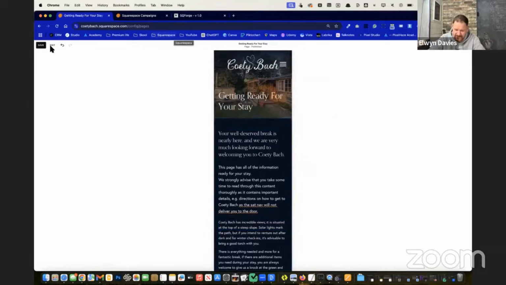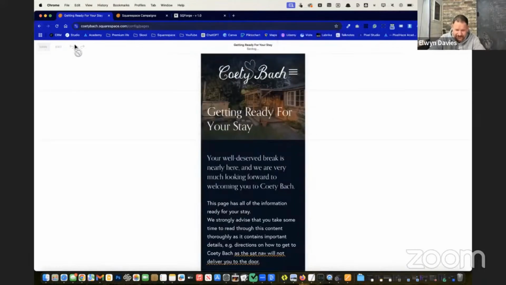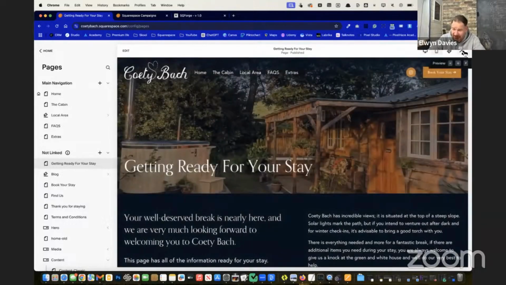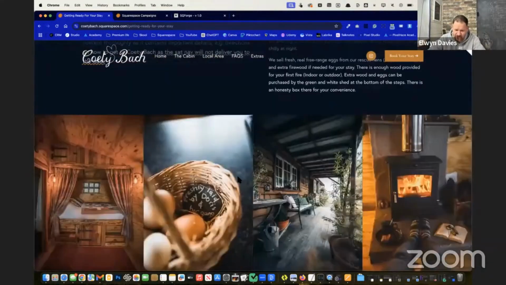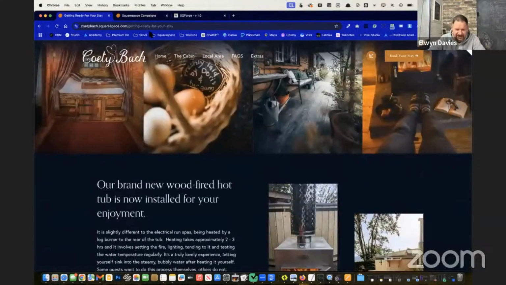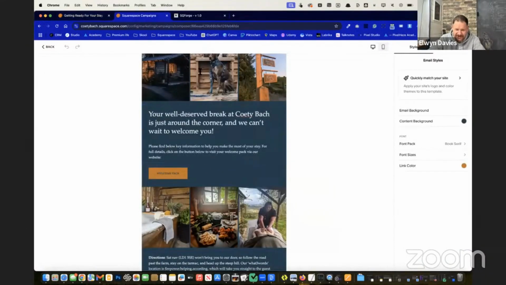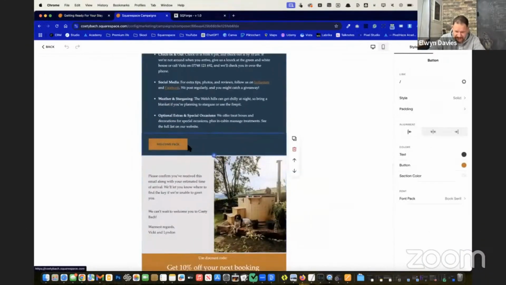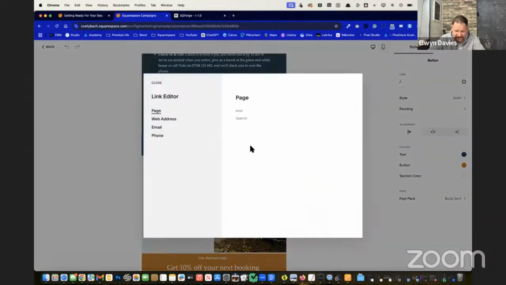If I put it back to Command 0, just go back to full screen. There we have it. A landing page that looks a lot nicer than the original email, but also has more content than the new trimmed down email that we created in the campaign. So we now have this email that when you click on these welcome pack buttons, so finally we can set these up. And because it's Squarespace email campaigns,